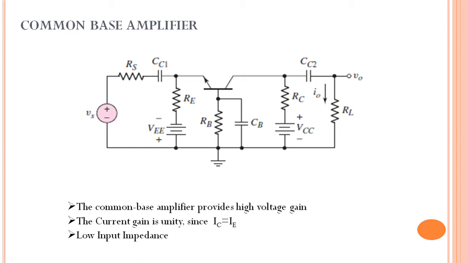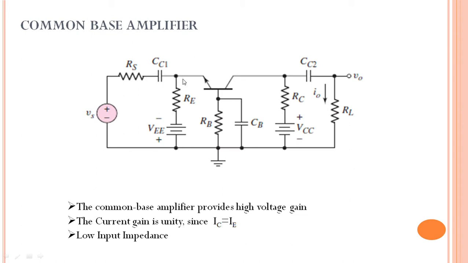Next we'll see the small signal hybrid pi equivalent circuit of a common base amplifier circuit. To convert the common base amplifier circuit to a small signal hybrid pi equivalent, the following conditions have to be followed. The coupling and bypass capacitors present in the circuit have to be short circuited, and the DC sources, that is VE and VEC, applied to the amplifier circuit must be short circuited. So if all the coupling capacitors and DC sources have been short circuited, we are going to make use of the remaining circuit,